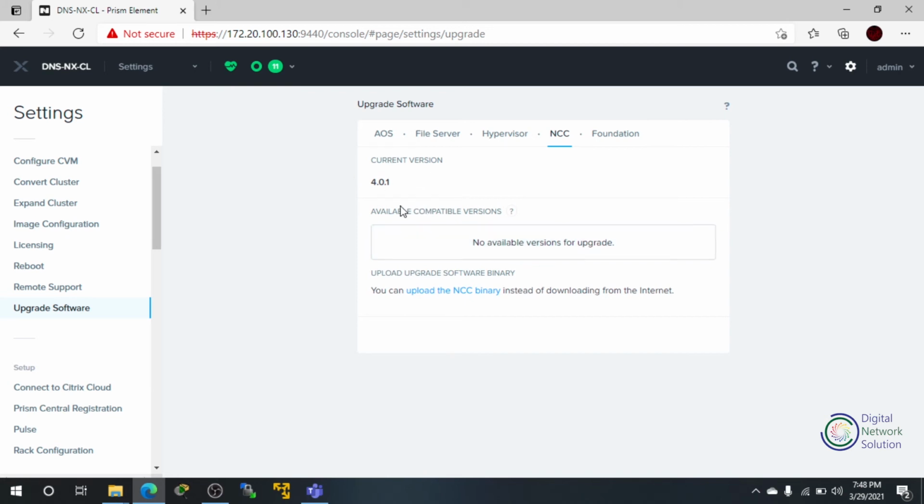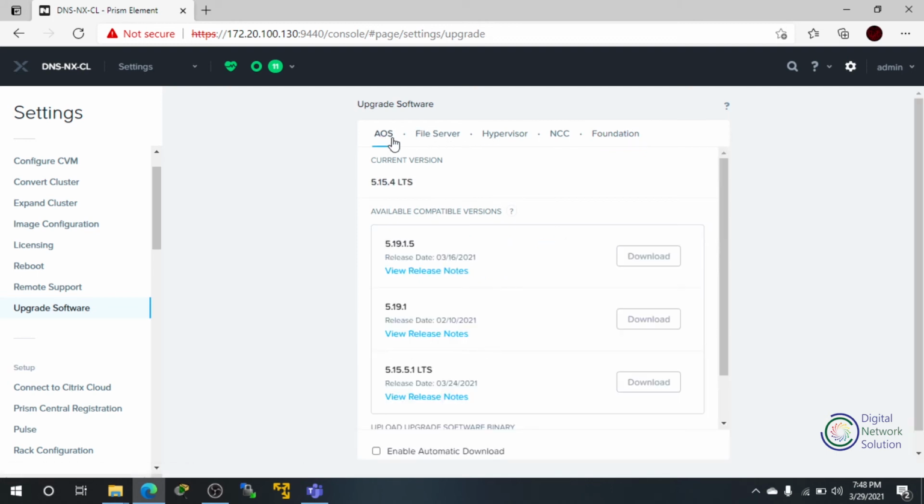Currently, as you can see, the current version is 4.0.1, and there are no available versions for upgrade. The next step will be to upgrade Foundation on Prism Element. The current Foundation is this one, and there is no available upgrade. The other is then upgrading AOS.